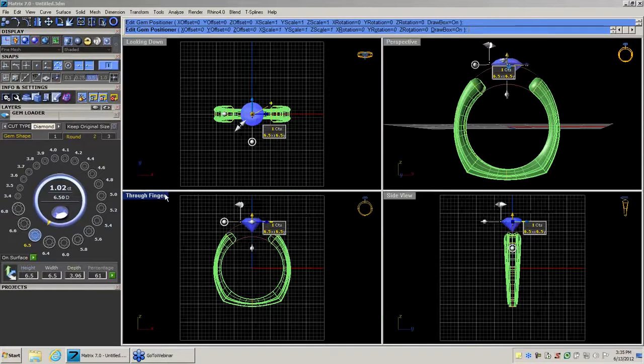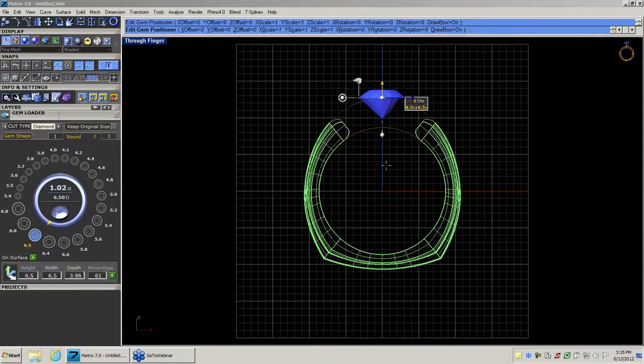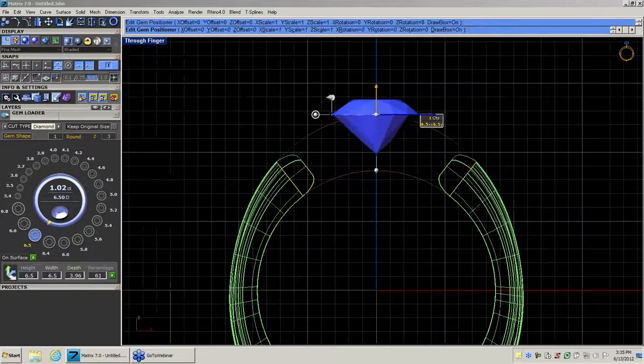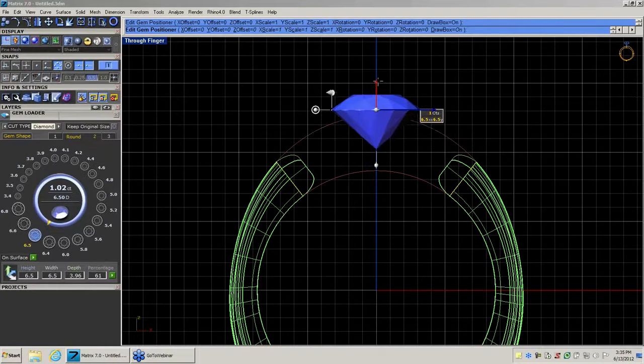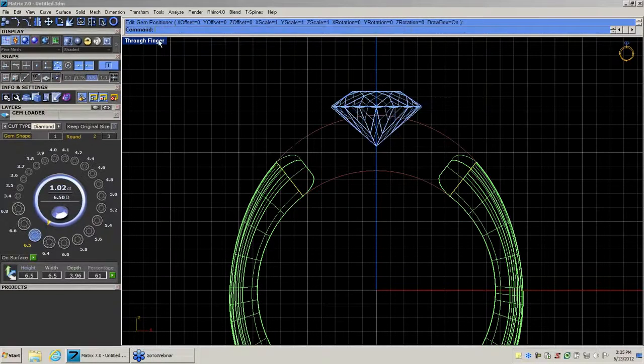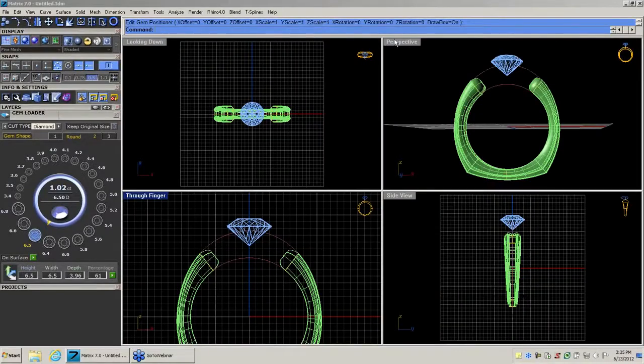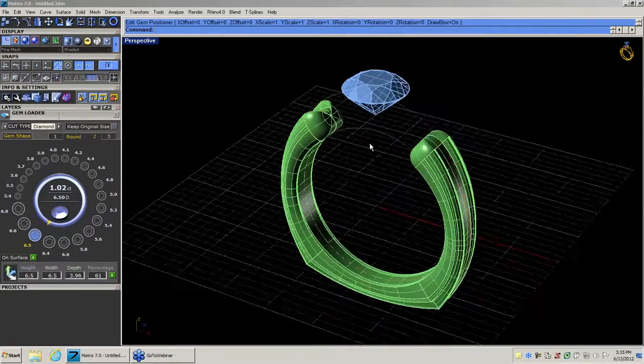Now, a lot of times I'm going to work in the perspective mode, but on something like this, I might want to come in here to the through finger viewport because I might want this to be a certain millimeter height off of this finger rail. And so I can come in and use a move command, or for today's purposes, I'm just going to eyeball it because each one of these squares here is a millimeter, so we're about 1.5 millimeters coming up off of there. And like I said, there's about 5 ways to get that thing to move. I'm going to come back to my perspective window,